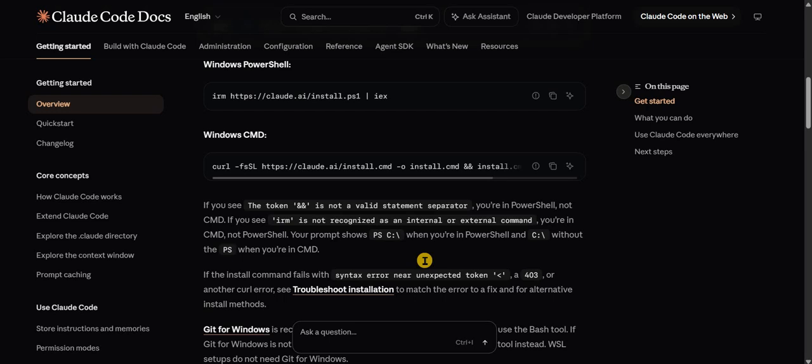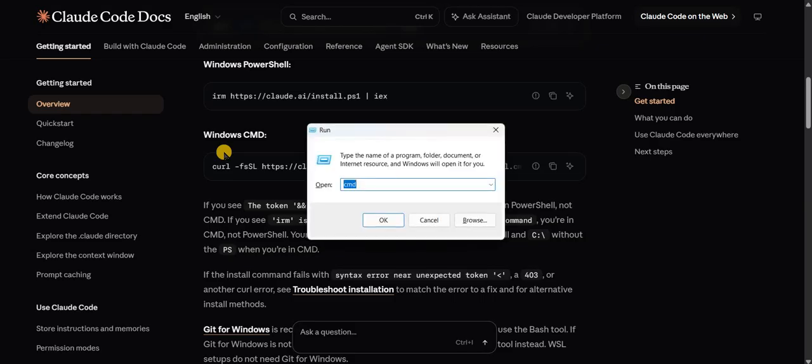Yeah, once its installation is done, just verify it. Previously I have installed it, so I will verify whether I've installed it or not. For that, to verify whether those platforms are installed in your system or not, just for checking purposes, just open the CMD, just click Windows plus R,